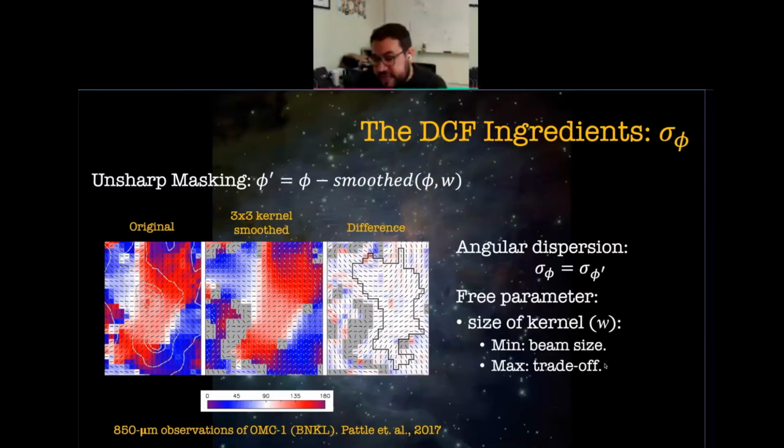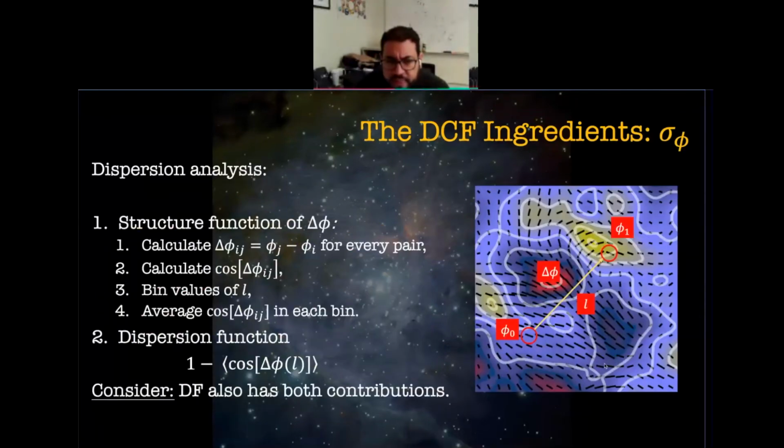So in this case in particular, although their method is well calibrated to work for a certain size of kernel, I think that the structure function method addresses this idea a little clearer. The structure function or dispersion analysis basically